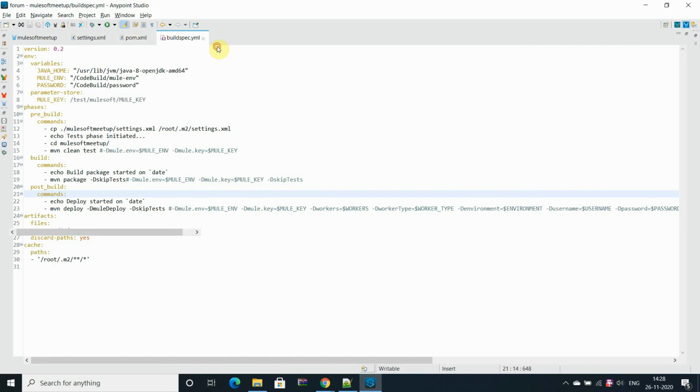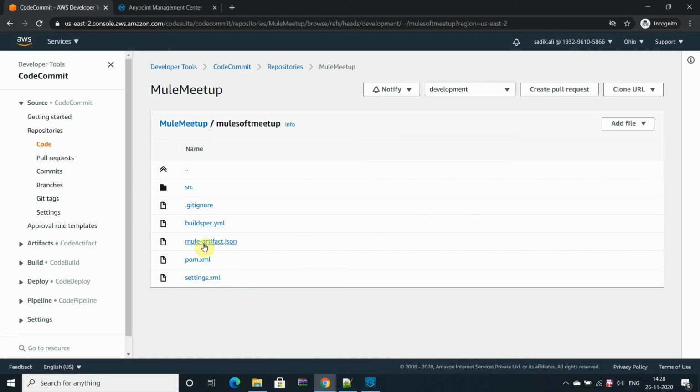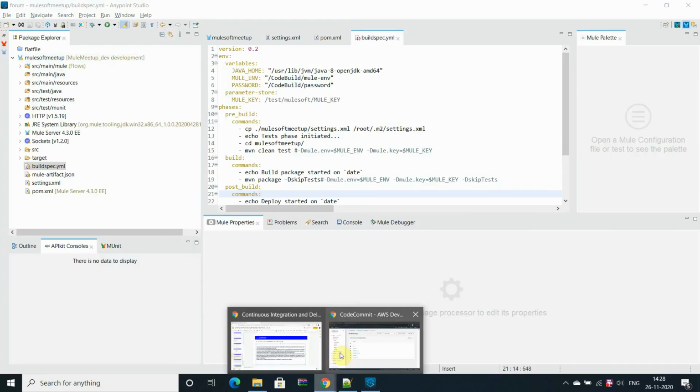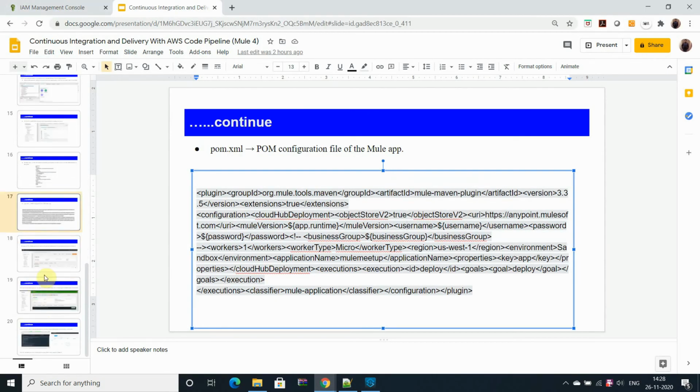And one more important thing is the settings.xml file. I'm keeping it in the same location as the POM, and it contains all my enterprise login for the Anypoint platform, used to download the dependencies for the MuleSoft project. So I am committing it in the same project, in the same structure as the source folder. Then I have committed everything and created the build.